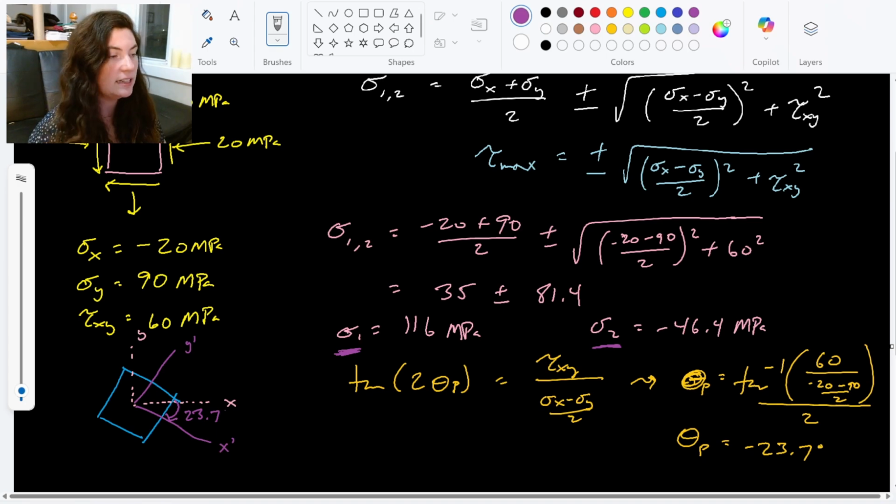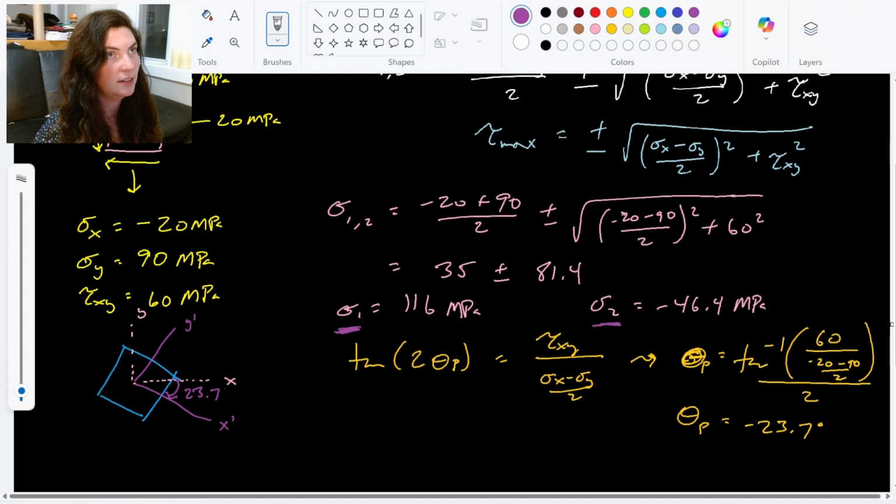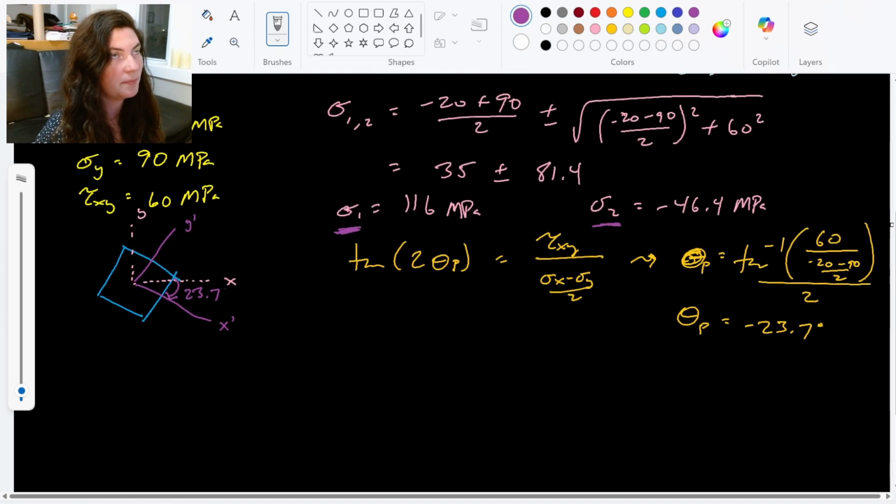But we had that handy dandy equation back at the beginning of the video. It's a really long, annoying equation that's hard to remember, which is why we have another method, not just an equation method. We also have a graphical method. We'll do that in the next video, though. To figure out which one goes on our Y prime and which goes on our X prime, we can use that